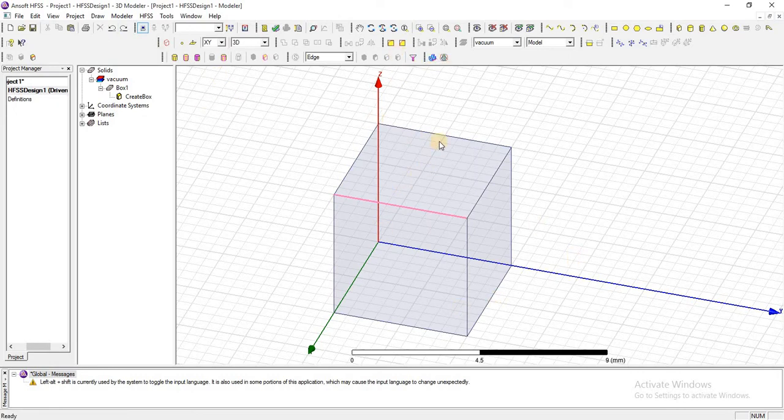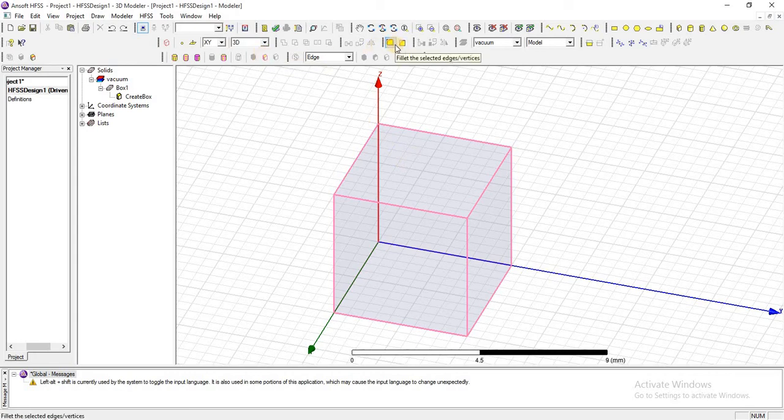Now if I want to fillet all the edges, I will click from here. All the edges of the object have been selected.